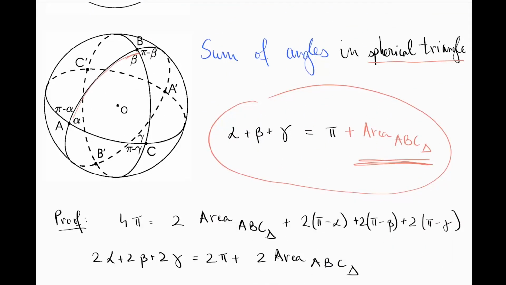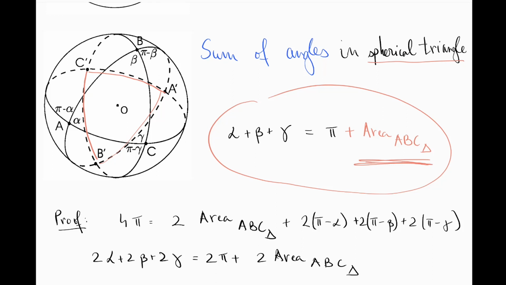So extend the sides of this spherical triangle as much as you can, right? So in other words, draw the great circles that give you the sides, right? So if you do this, then what you will see is that on the other side of the sphere, you will see this triangle, A prime, B prime, C prime, that is congruent to the original ABC triangle. Okay, so why am I telling you this? Well, because what you get is a partition of the sphere that is going to be extremely useful for us,